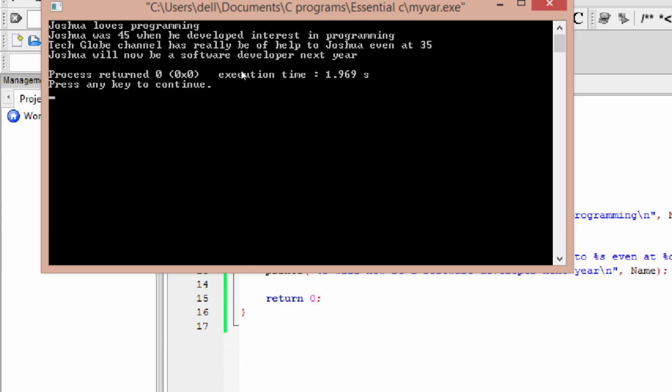All right, so as you can see, halfway through the program we changed the age once, and it's going to reflect here. All right, so that is that. I believe that you are learning about variables, and we have